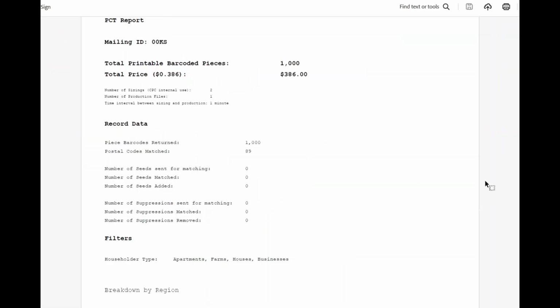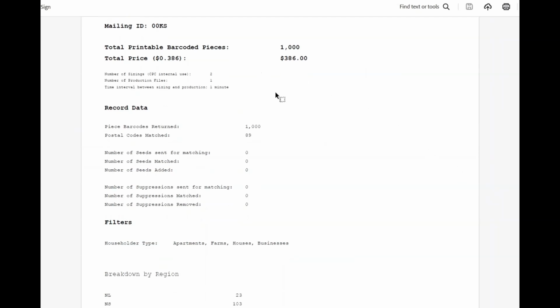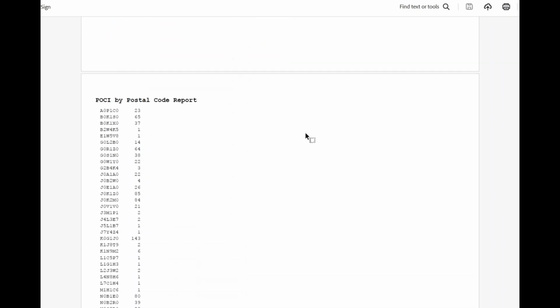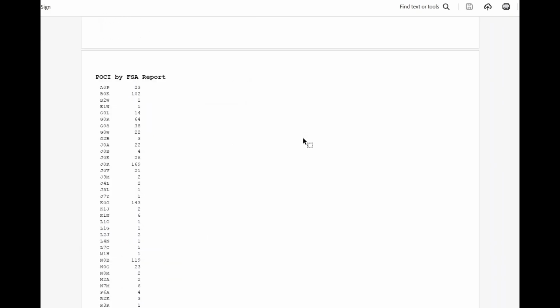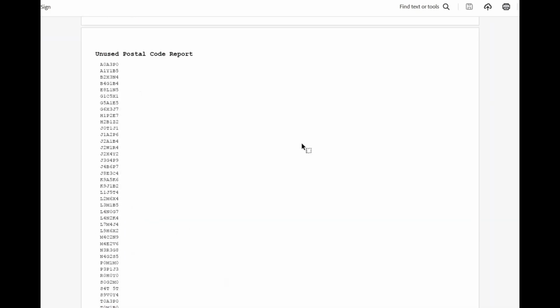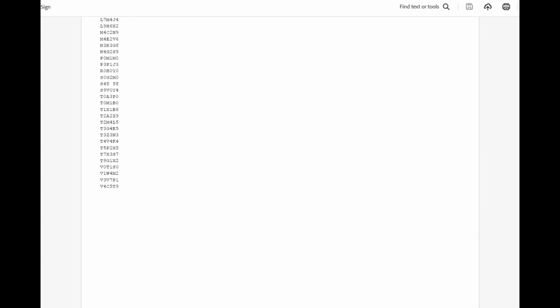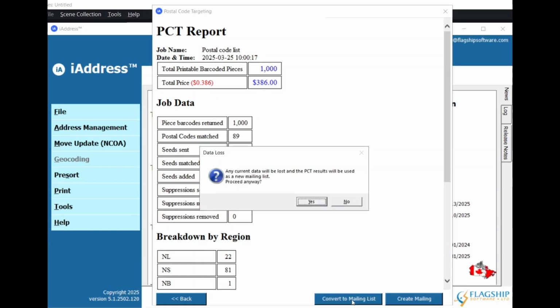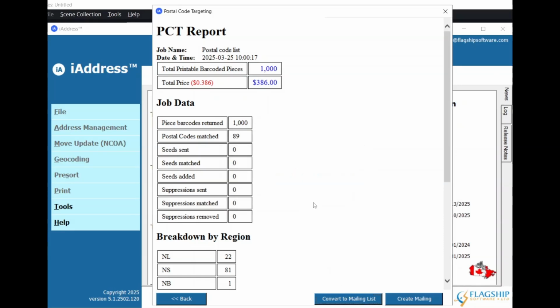Once you have created your job, you will have your PCT report. It will provide a mailing ID, and it will have the same information that was presented on the summary screen for you, along with some additional information that Canada Post can use if they need it. If you don't create the mailing immediately, we can actually then convert this to a mailing list. And it's going to remove the current data that we have and replace that with the addresses that we generated